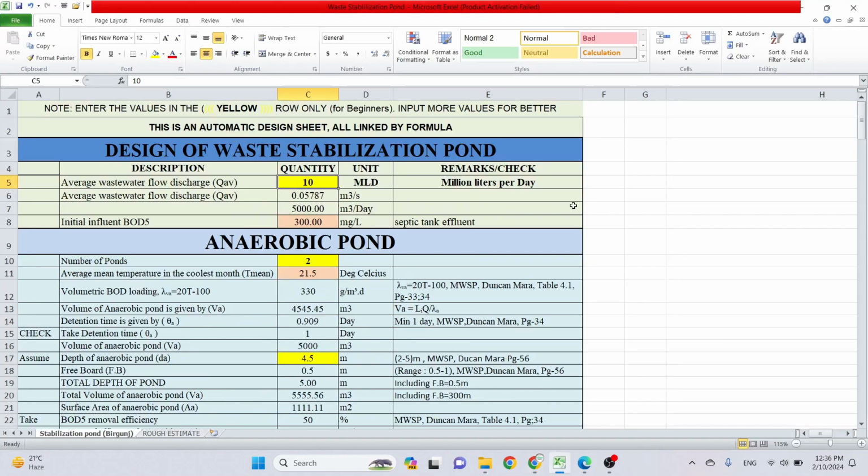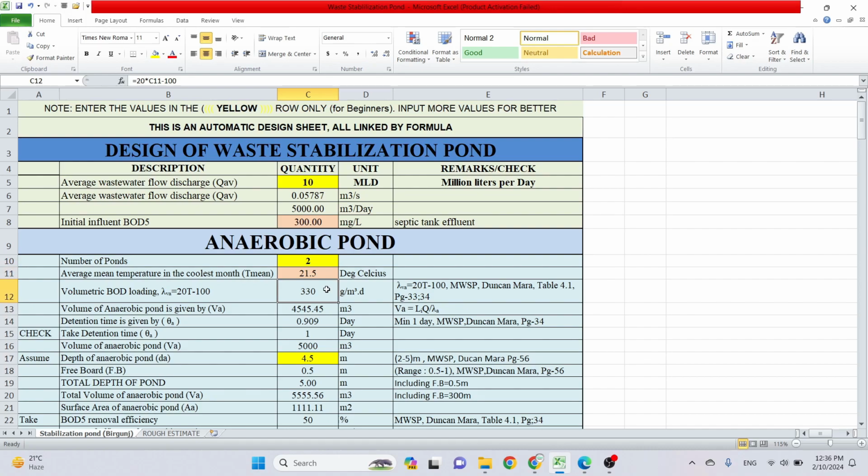So this is the same Excel sheet. If I enter the average wastewater flow or the sewage flow as 10 million liters per day, then it converts into meter cube per day, and the initial BOD5 I input as 300 milligrams per liter, this is the input. And for the design of the anaerobic pond, the number of ponds I have taken is 2, and the mean monthly temperature in the coolest month I have taken as 21.5 degrees centigrade,